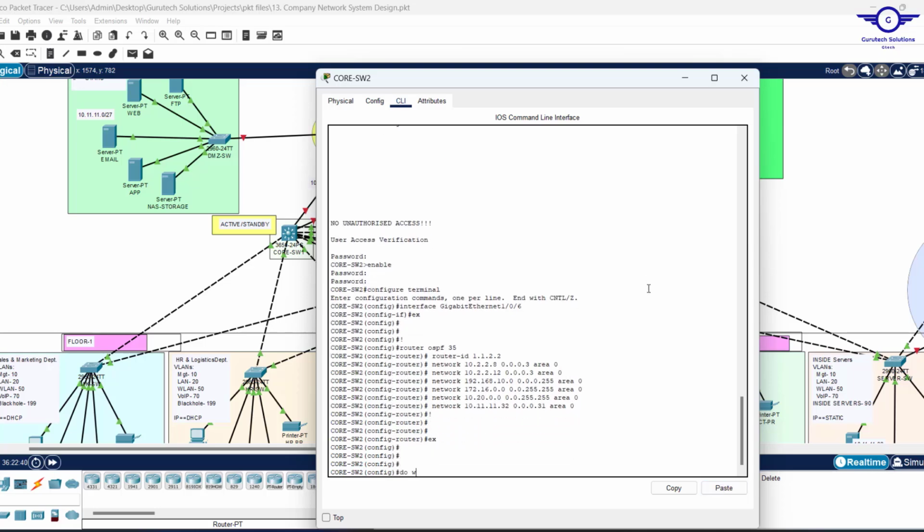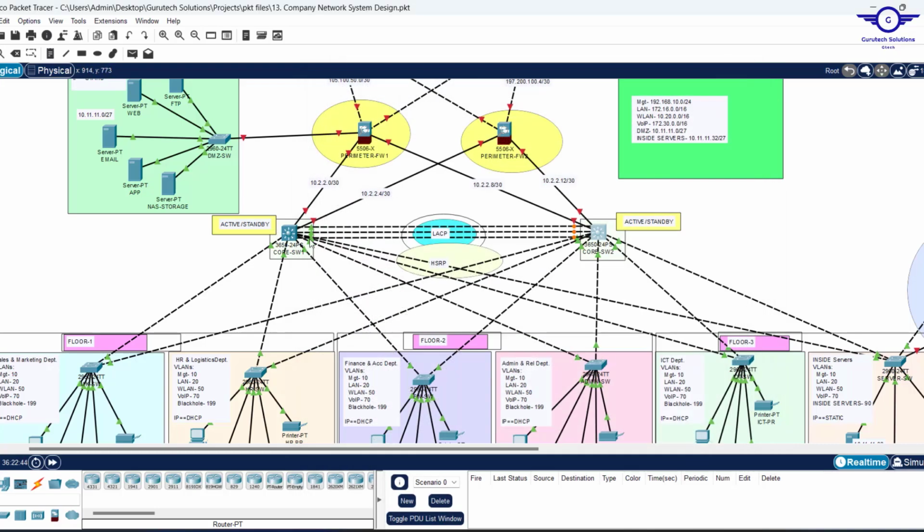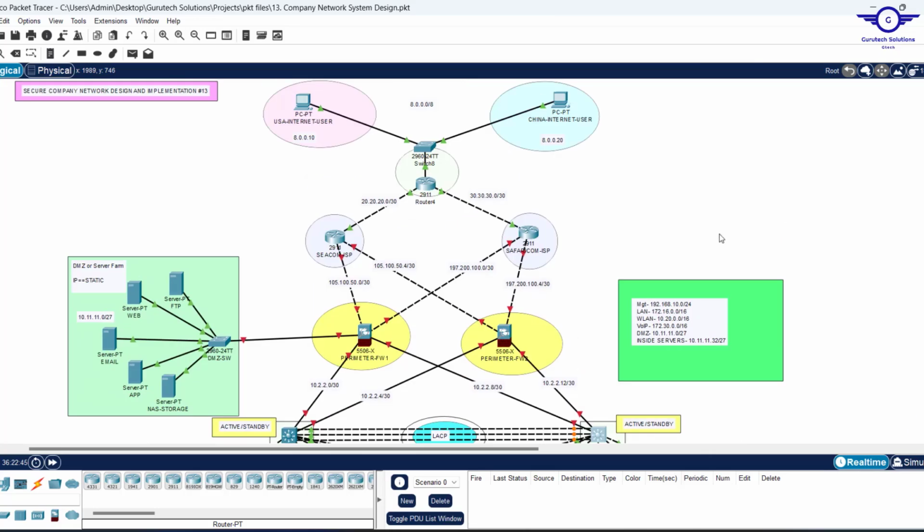Exit and do right. So they will form neighbors for this switch here. The dead time. All right. So let's go to this